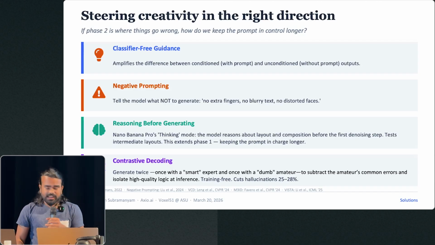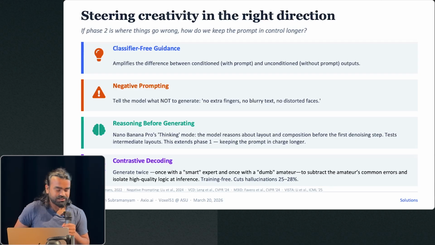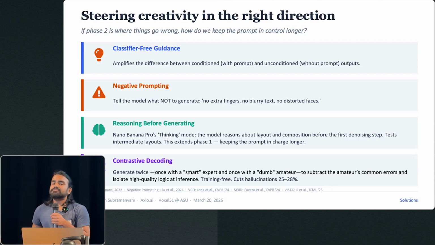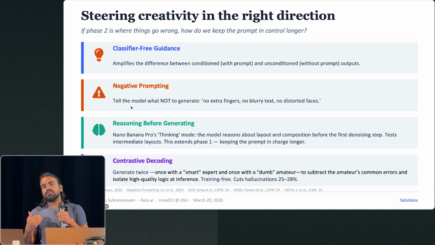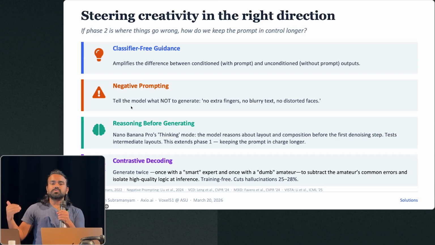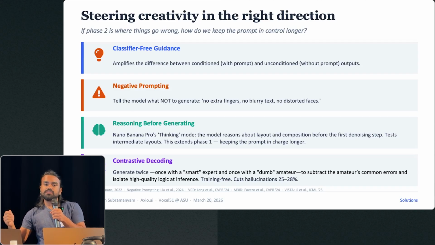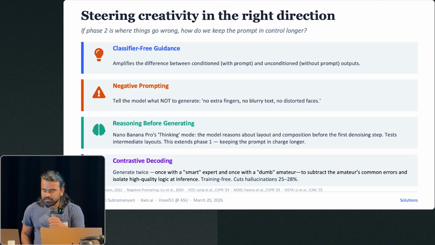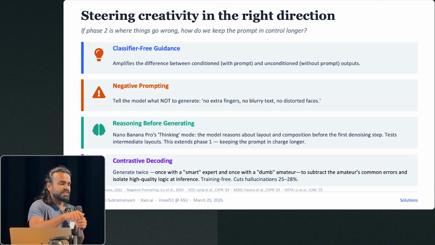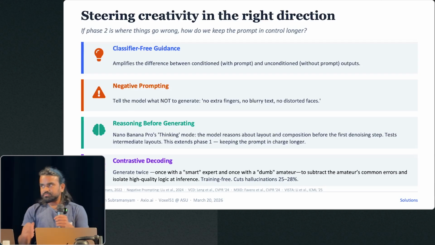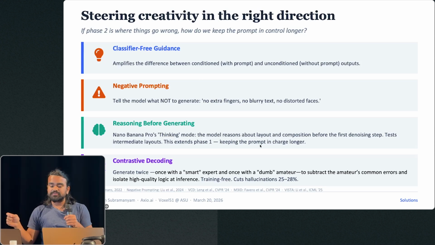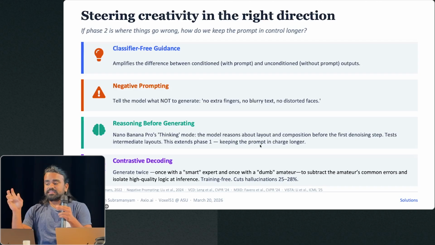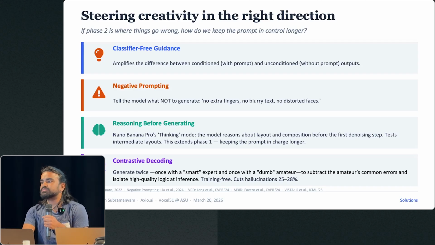Or Nano Banana Pro, which did a very interesting thing: it reasons before generating. It's kind of in the line of negative prompting. It's hard for us to guess what are the 20 things we should say not to generate and what are the 20 right things we should say to generate. But with Nano Banana, they have intermediate steps that refine your input in certain ways, and they have fine-tuned this entire process, training the model itself for it.